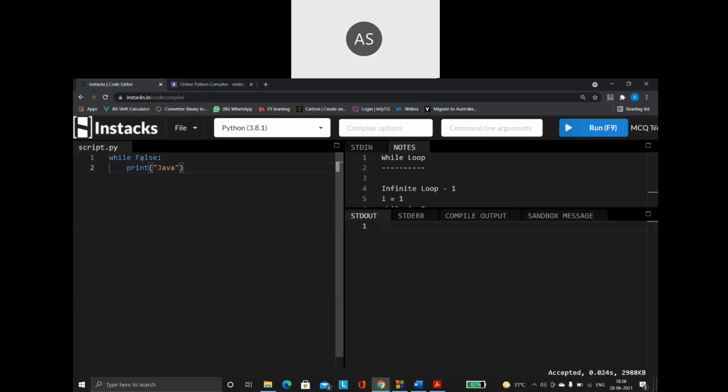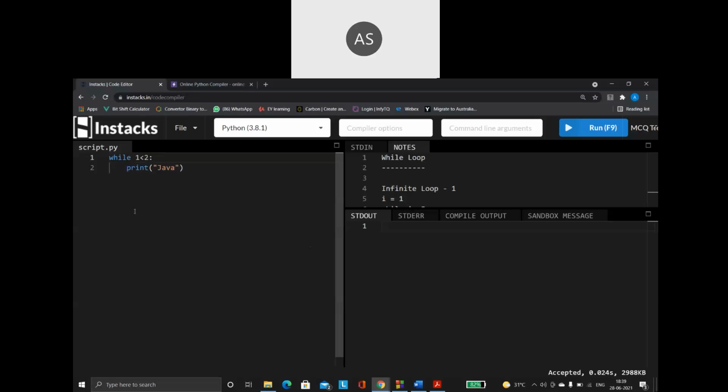And one more very, very important thing: you should avoid using conditions like this. For example, I am saying 1 less than 2. This is my condition. 1 less than 2, yes, it is there.